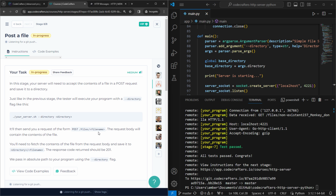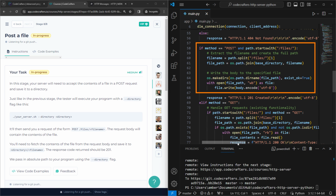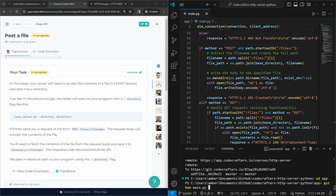Okay, I'll update the code for this. Up here I've added an if method equals POST. So previously we were just dealing with GETs, but make sure that you've handled that. Let's run the application. Here again, you will need the --directory flag, files,